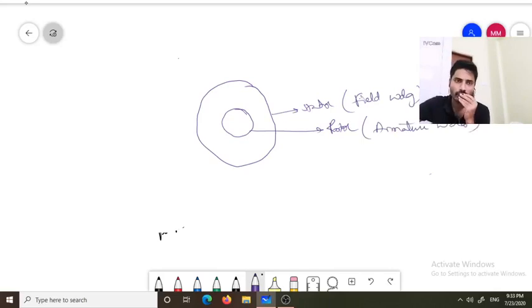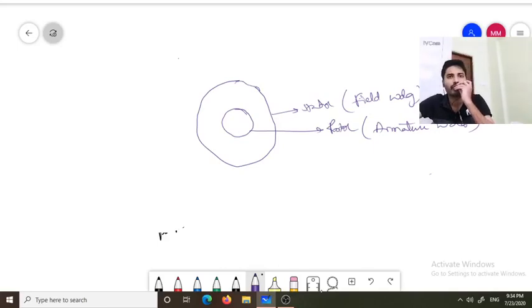Now, don't draw this type of diagram in an exam. Why? Because this is only for explanation purposes, for a quick understanding of this subject. So I'm drawing like this, but don't draw this type of diagram to answer in the question paper, which would be very unusual. So try to understand with this diagram.